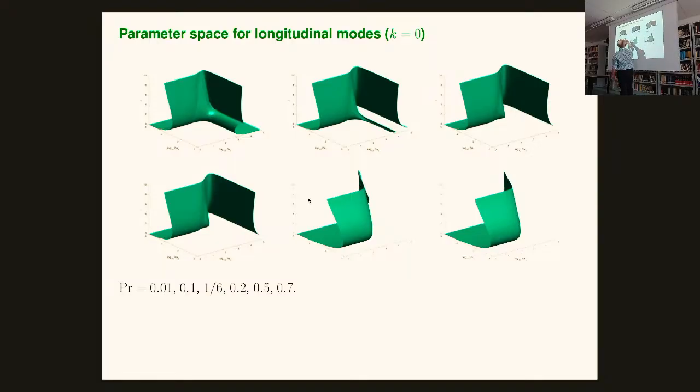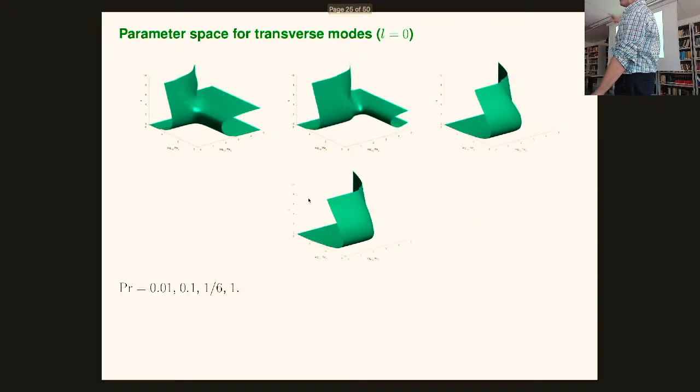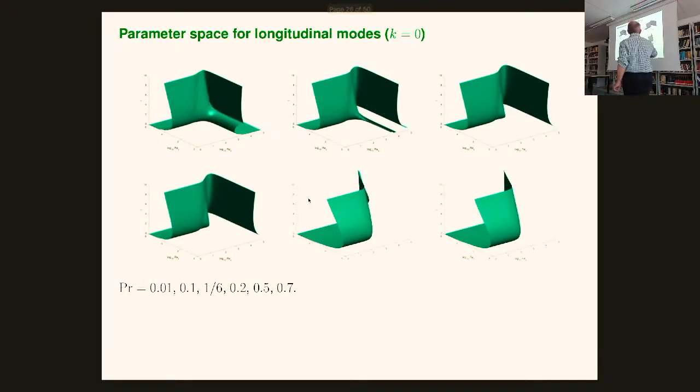This is 0.01, 0.106, 0.2. So you see, in fact, 1/6 is not really the limit, because this is above 1/6, and you still have an instability here. So 1/6 is not entirely convincing. And in fact, 1/6 should not be relevant to this problem, because 1/6 should be relevant to transverse modes, because it's a sort of Taylor-Goldstein type argument. This is the horizontal Rayleigh number, logarithmic scale, 1, 10, 100, 10 to the 5. So this thing here is moving away, but you don't know if it's going away forever or if it's vanishing.